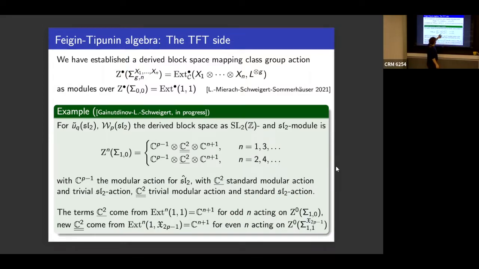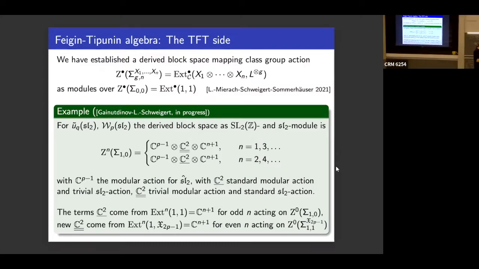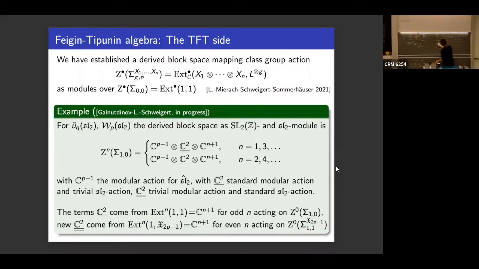And this you get. How can we understand these new contributions? I think this is a very neat picture. We can understand them as follows. Let's take the torus with one puncture, and this puncture decorated by this one, which together with the tensor unit is in the principal block. So this is another representation, but it's in the same block as the tensor unit. There's extensions between these two. So this space here is Z of sigma 1,0 and this X. Let's just do it with X.